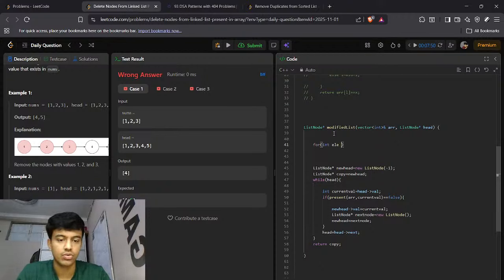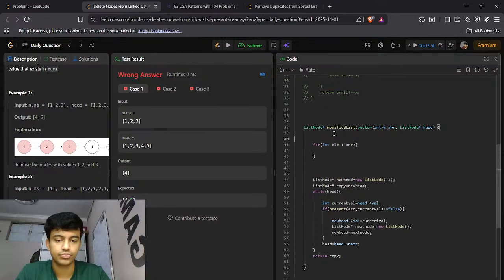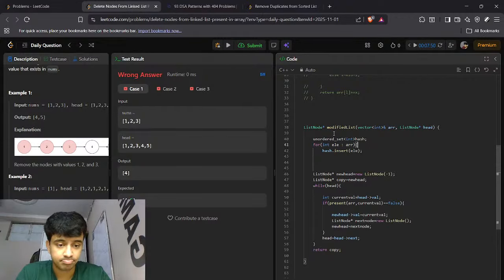For int le of arr, hash dot insert le. Okay. If hash dot count le, if it is not there,